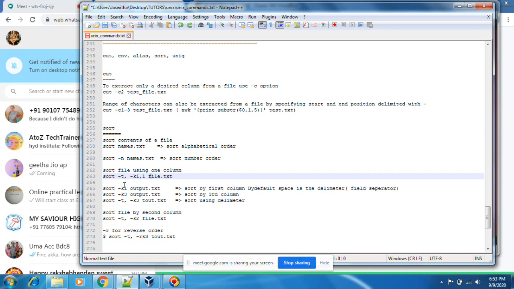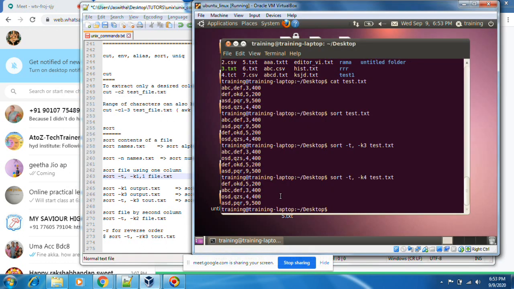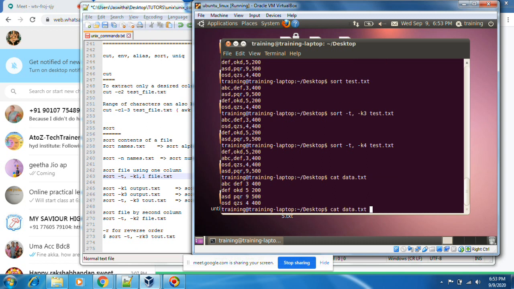You can sort by the first column. By default, space is the delimiter. If space is the delimiter, you need not mention this for data.txt. Space is the default, right?